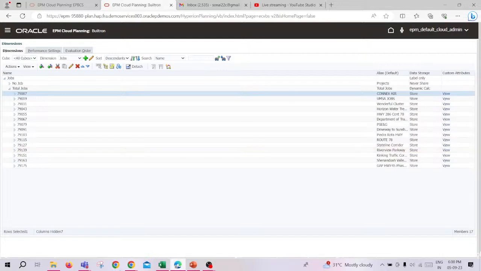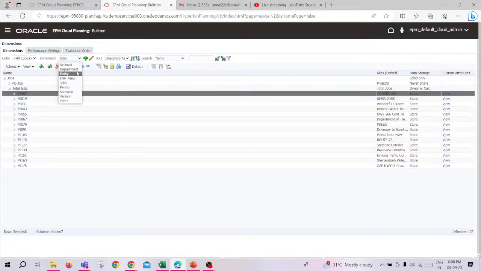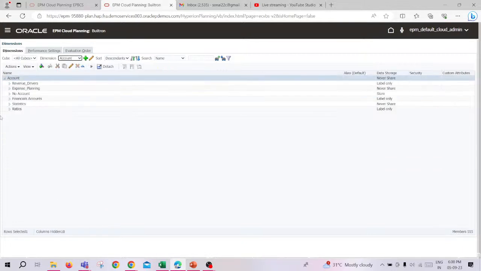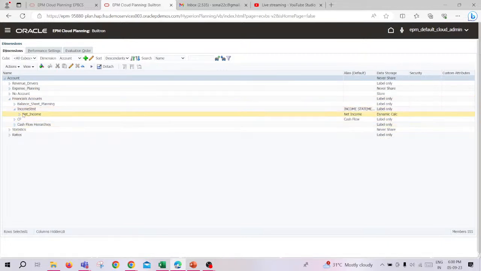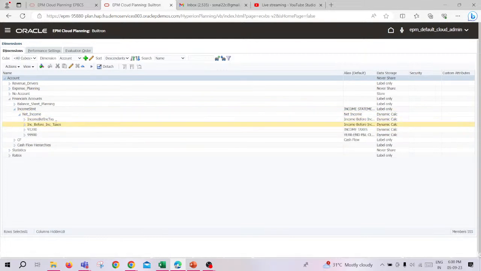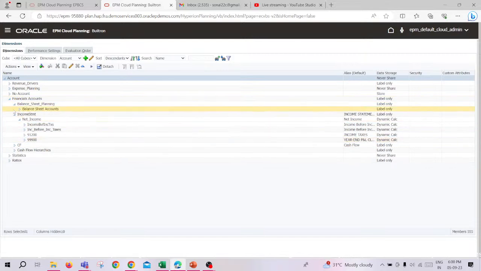So we'll go to the balance sheet, go to the accounts, go to the financial accounts, and go to the next statement. Net income is divided into net income before tax, income before income tax, and so on, with the year-ending closing balance being this much. If I want my net income to be visible in the balance sheet as well, I'll go to the balance sheet